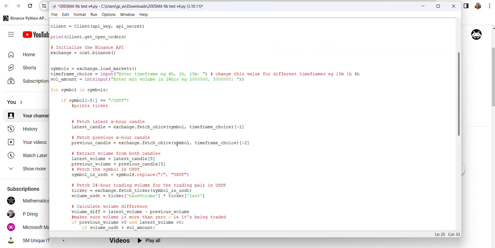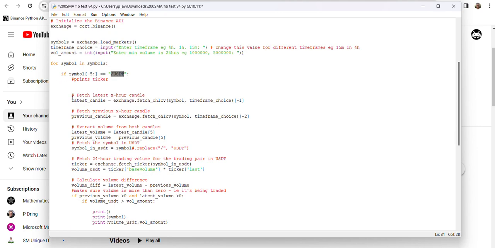What we're doing here is we have set up a loop to iterate through all of the data, and we're saying only look at data that has /USDT as the ending point or trading pair. You could change that to BTC if you wanted to. This little 5 means it's the last 5 characters of that symbol. If you did BTC, you'd reduce that by 1 and put 4, because there are 4 characters in /BTC. But we're only looking at USDT pairs.